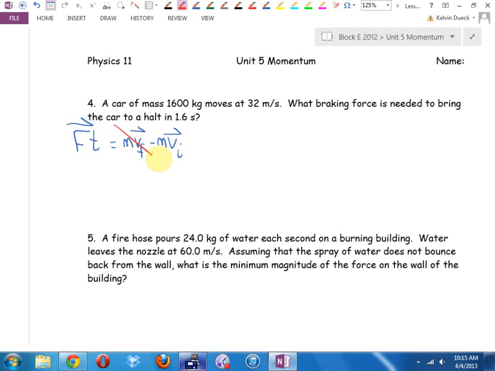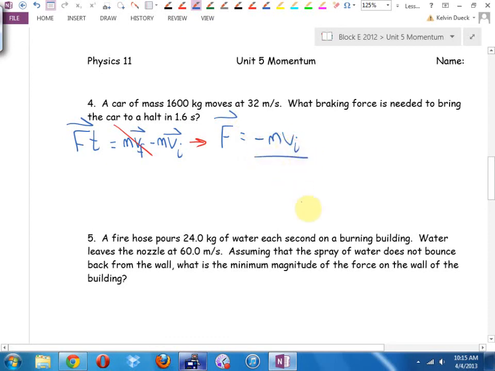What do they want us to find? Oh, they want us to find the force. Okay, how do I get the force by itself? It's going to be negative m v initial divided by time. It's going to be negative m v initial divided by